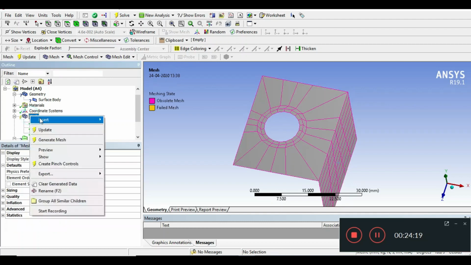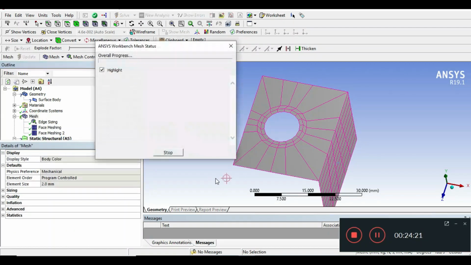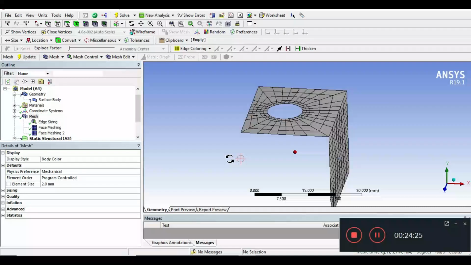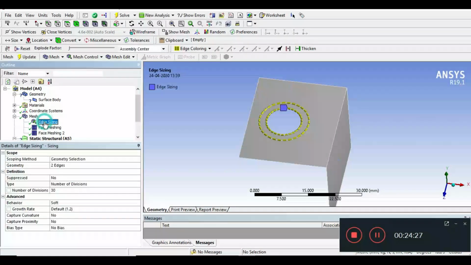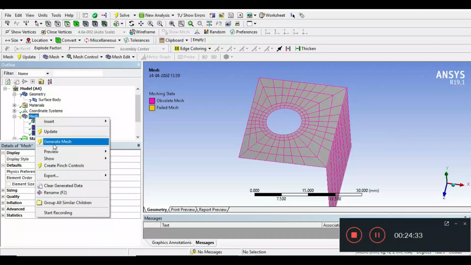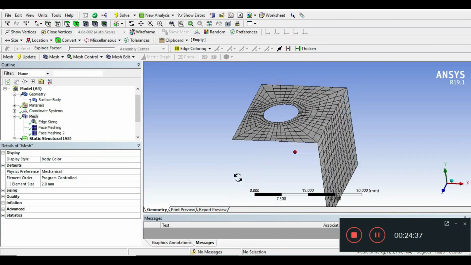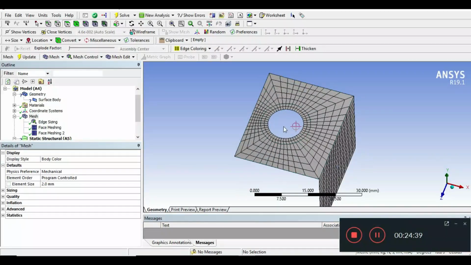Then see the difference here. Again I'm going to change the number of divisions. Instead of 30 it is 50. Then see the difference, right? So much better mesh is generated outside the region also.